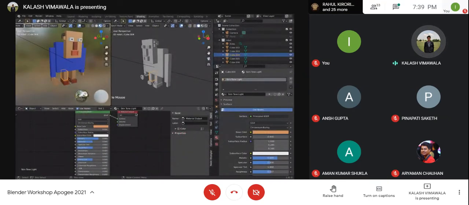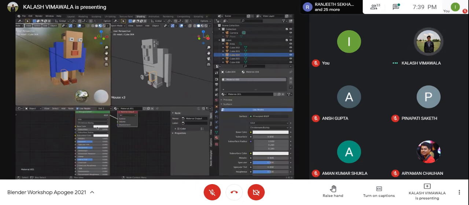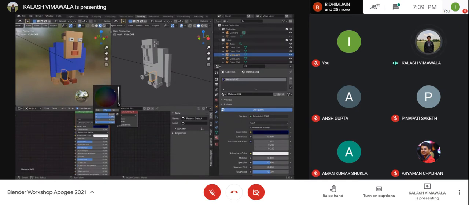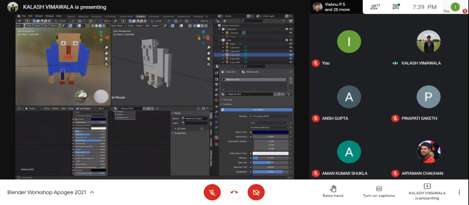So moving on to the trousers, delink the skin tone light, make a new material, give it the shade of a darker blue, if you will. Go down here. All right, this looks good. I can play with the metallic properties or the roughness properties over here. I don't want it to be really metallic, so I'll keep it low and increase the roughness, which gives it a higher feel of something like jeans or so. Okay, so here you go.